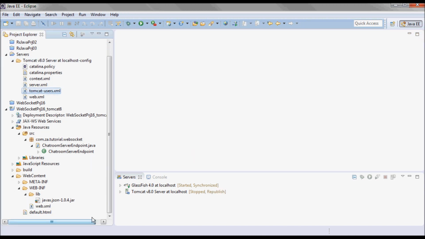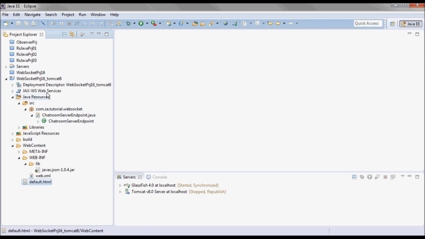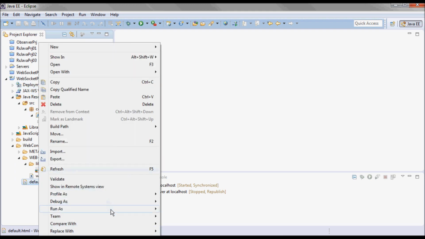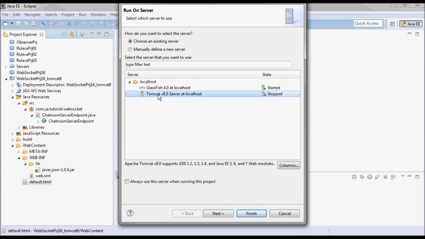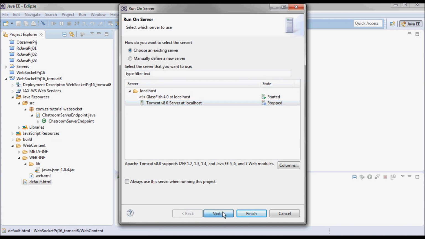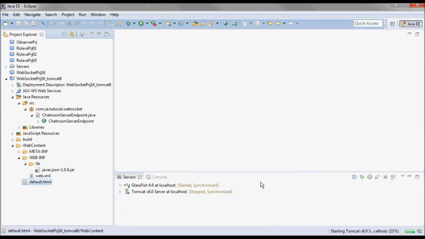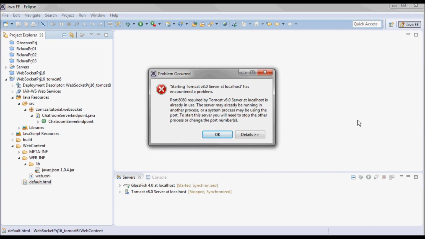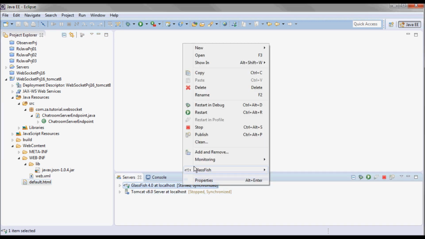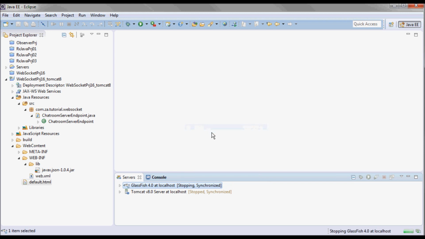And now I can test run the application. Actually, let me close this. And I think this is caused by Glassfish. So let's stop it. And now let me try to run it.